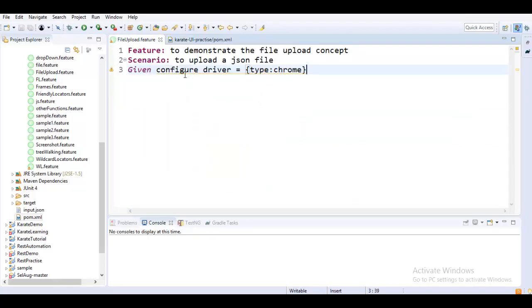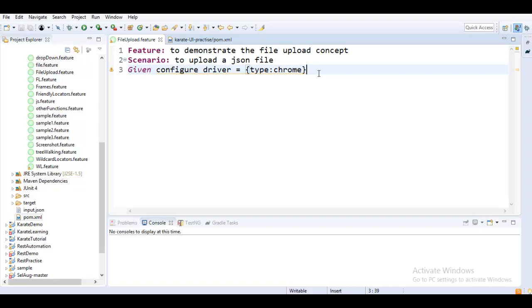The second thing is that this upload functionality will only work with Chrome, because we know that Karate can launch in different browsers with the help of drivers. If you want to work with Chrome, you have chromedriver. If you want to work with Mozilla, you have geckodriver. If you want to work with Safari, you have safaridriver, and in a similar fashion you have Internet Explorer driver as well. But Chrome is the default selection by Karate, and it uses Chromium and DevTools, so it does not require any driver file as such.